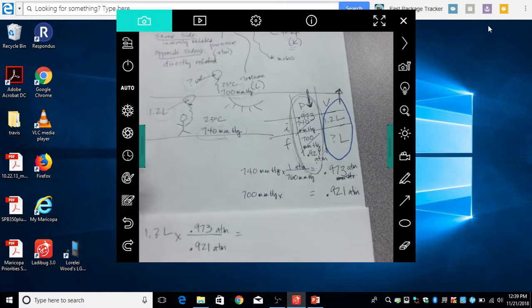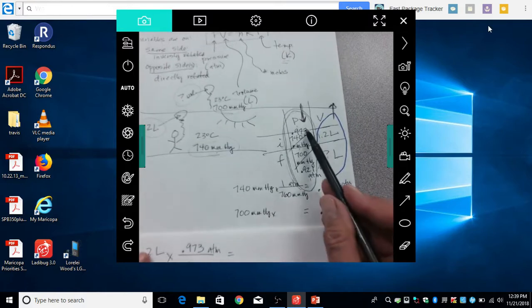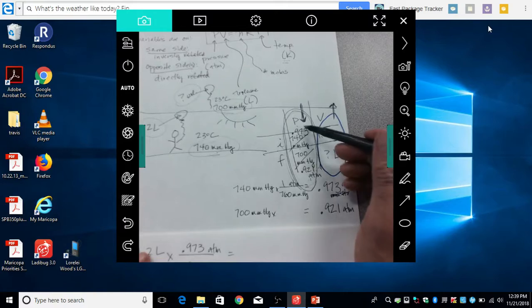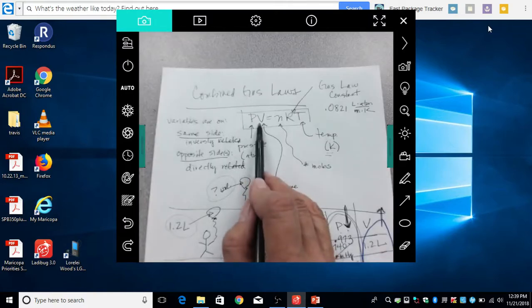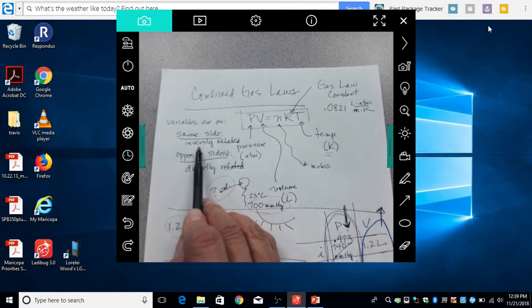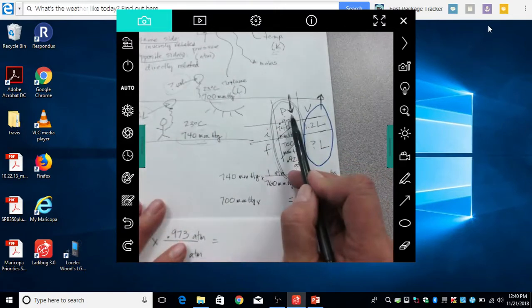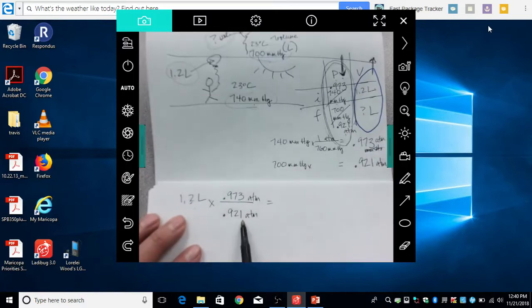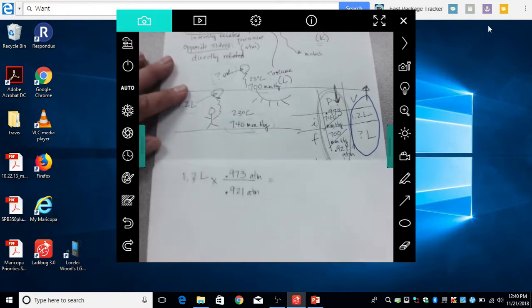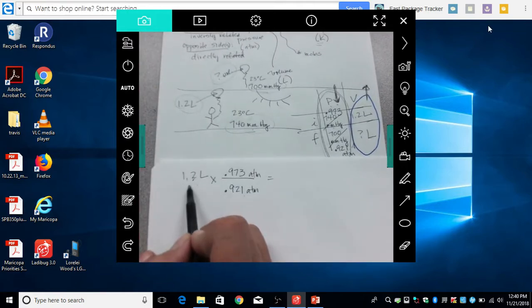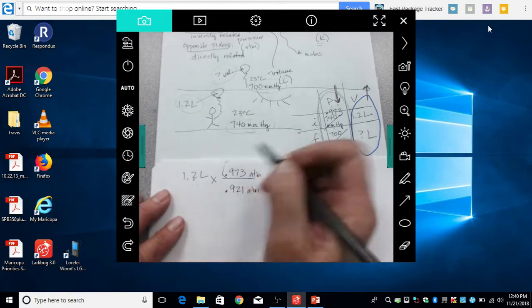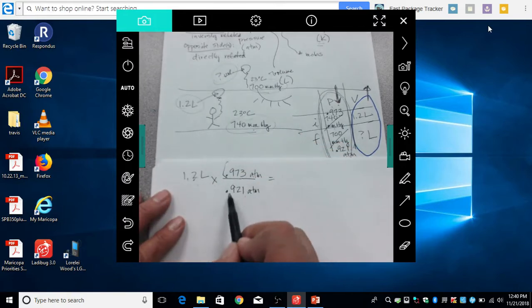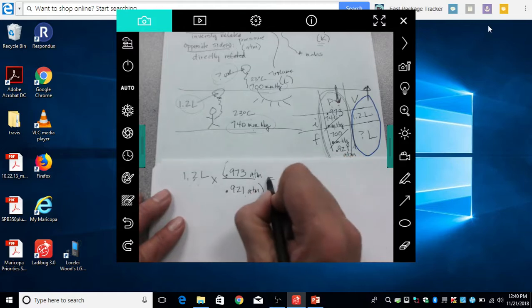All right, so let's go through our logic train again. We said pressure's decreasing. First I had to change it to the units. Say pressure's going down. Pressure and volume are on the same side. That means they're inversely related. If one goes up, the other goes down. Since pressure was going down, volume's got to go up. That number has to get larger. Since that number has to get larger, when I set up a conversion factor out of my variables that are changing, I'm going to put the bigger one on top. So now with my calculator, how I'm going to input this is I'm going to put in 1.2 times, open parentheses, 0.973 divided by 0.921, close parentheses, enter.